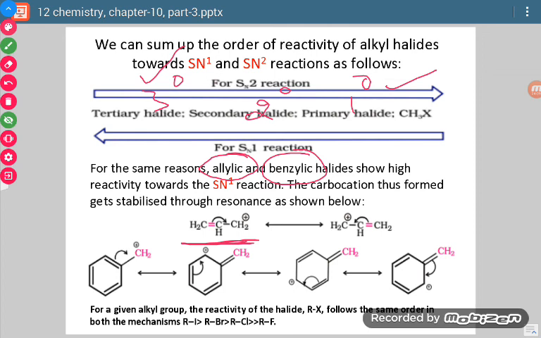Now why will they undergo SN1 mechanism? Because in those two cases there is formation of carbocation. So they also involve formation of carbocation, and the carbocations in those two cases are stabilized by resonance. Since the phenomenon of resonance occurs, the allylic and benzylic ions formed are more stable, so they will also undergo SN1 mechanism.